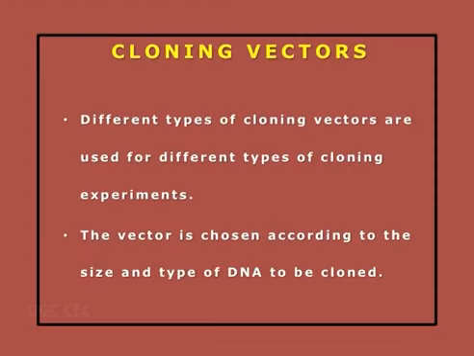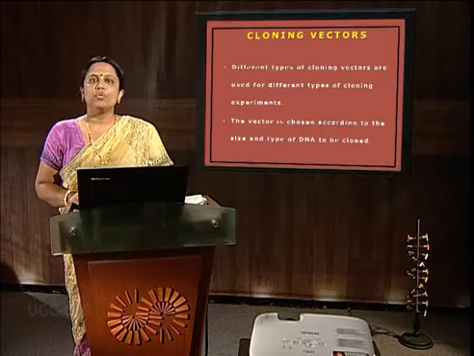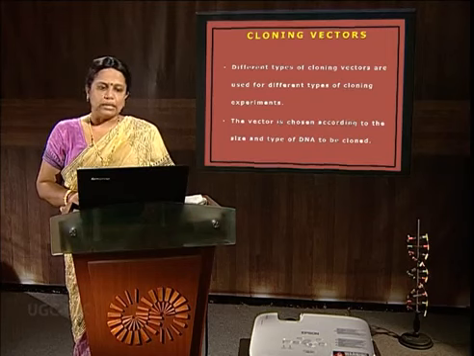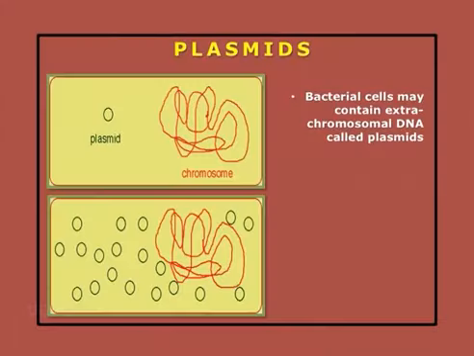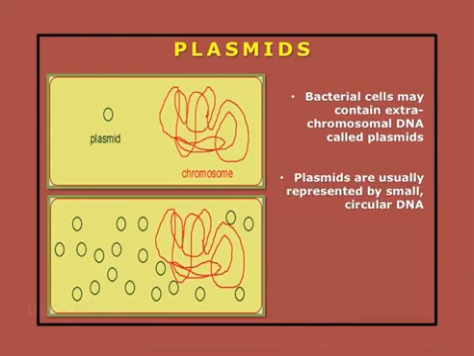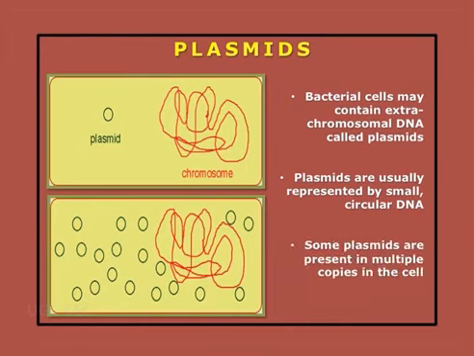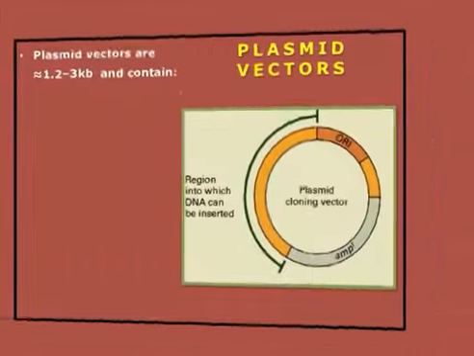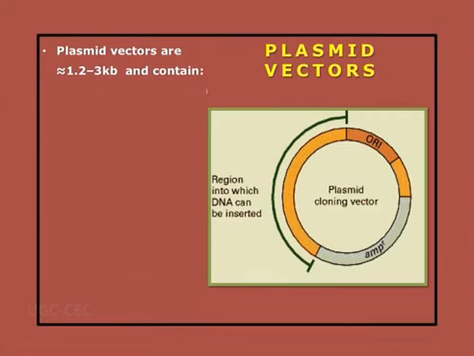Choice of a cloning vector depends on the amount of DNA, or rather the size of the DNA that you want to clone inside a cloning vehicle. So the easiest cloning vehicle, that is method of choice, is plasmids. What are they? They are covalently closed circular DNA which is capable of autonomous replication. Usually bacteria may have got autonomously replicating plasmids inside them. Some plasmids may be present inside bacteria in many copies. You will see there, they are usually in the size range 1.2 kb to 3 kb.